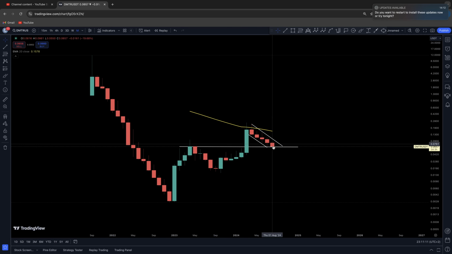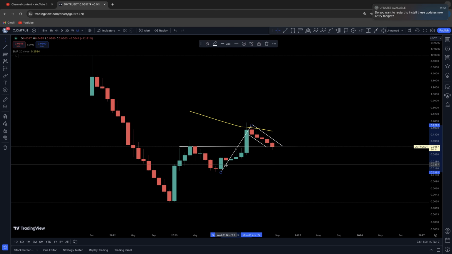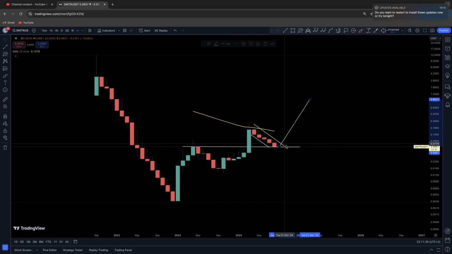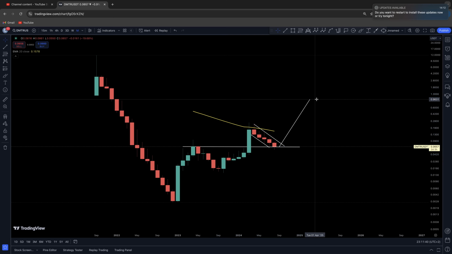But right now, I think we are literally caught between a rock and a hard place, trying to find support on this previous high and between 0.04, which is also the same sort of size correction as we previously had in 2023. So right now, for me, if we are in this sort of bull flag, we would have a breakout target from this local high to the flagpole of the previous low. And if we do break out from this level, we could be looking to retrace up to around